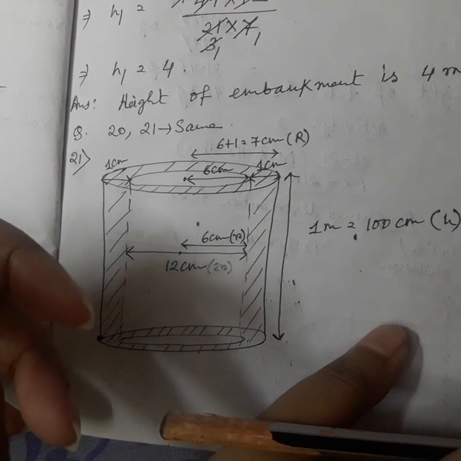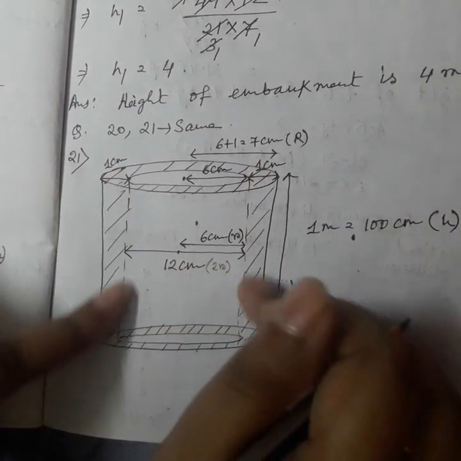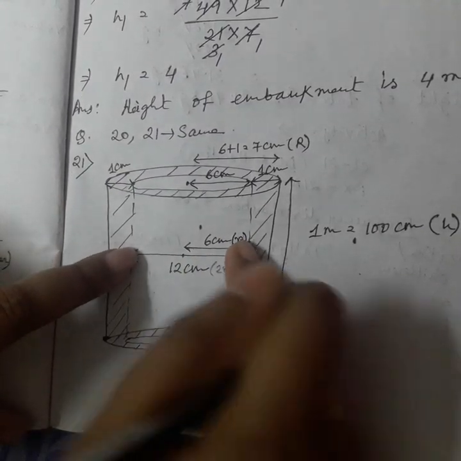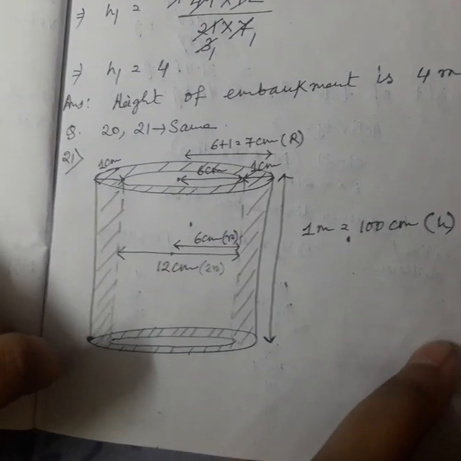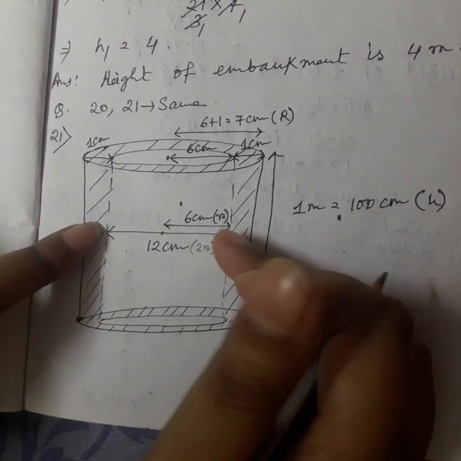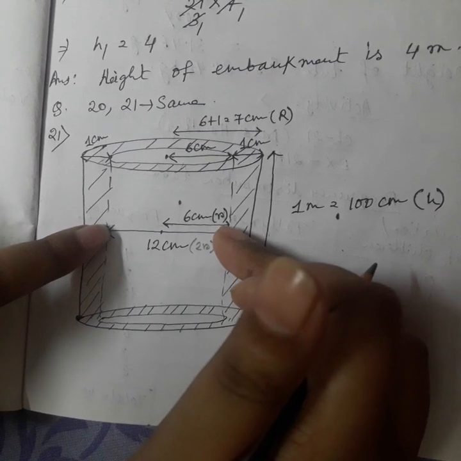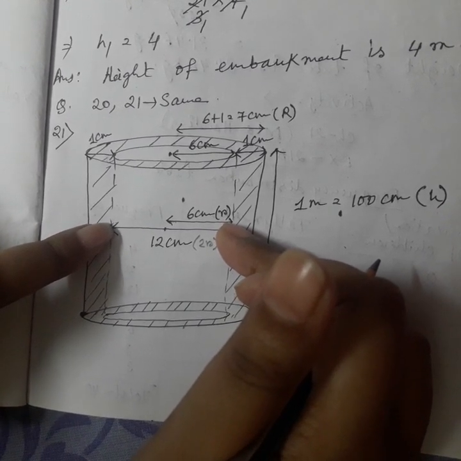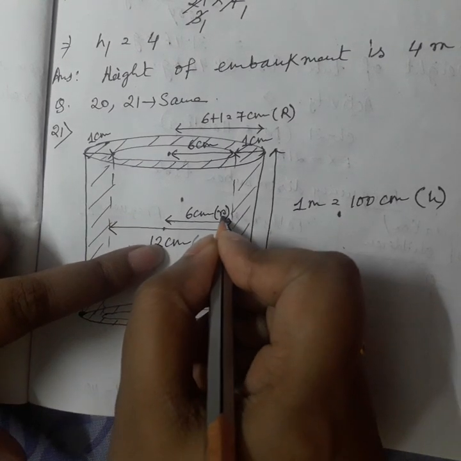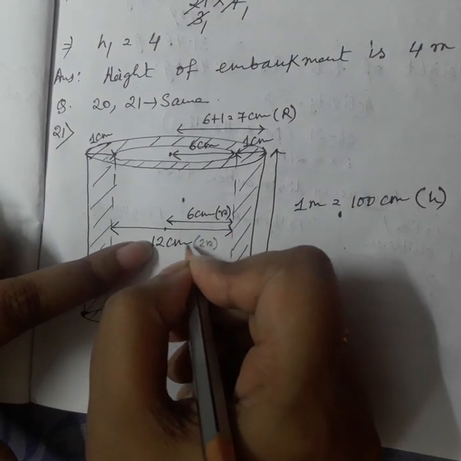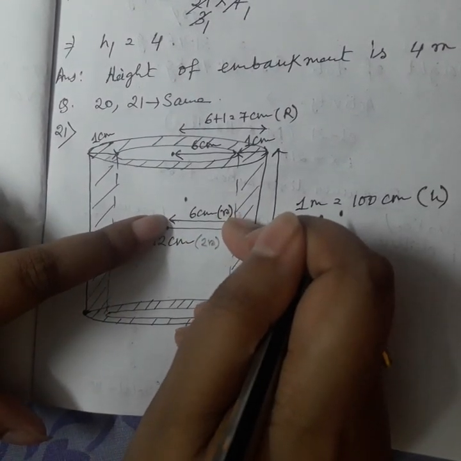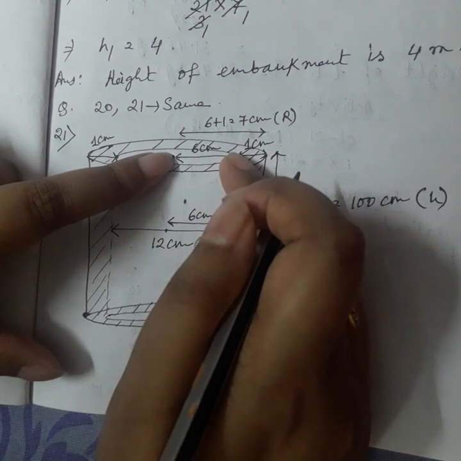That question we have also done before. The shaded portion volume you have to find, which is external volume minus internal volume. So the external radius is also needed. Internal diameter is 12 centimeters, so first we find the internal radius, denoted by small r. 2r equal to 12 centimeters, so r equal to 6 centimeters. This is the inner radius, so this is also 6 centimeters.